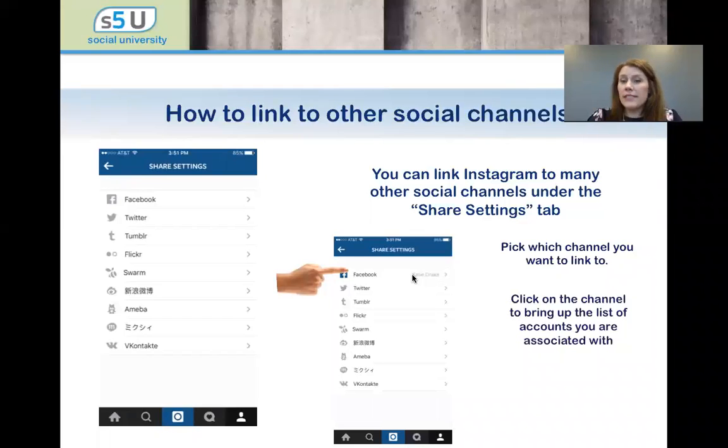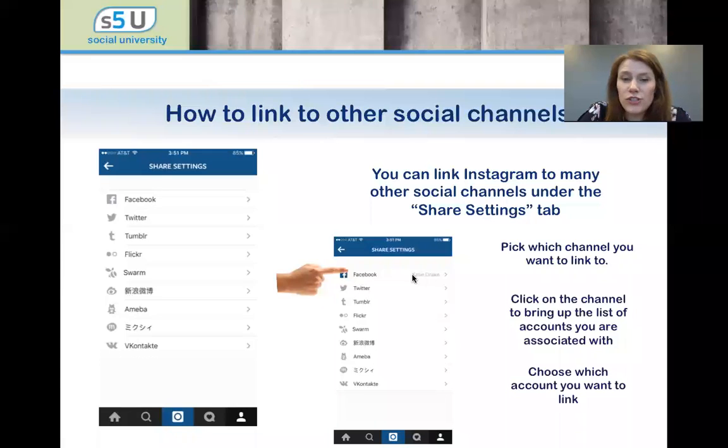So I could, if I had done this, the problem I ran into is that I already have an Instagram account created for Social 5 under my Social 5 email address, right? And I have another one under my personal email address. So I was kind of running out of fake email addresses to use for my Phony Company. So if I was doing this for Social 5, I would see that I have access to my personal page, but then also the Social 5 page. And that's how it will be for you. You can pick your business page there, and then it will link to that business page. All right, and then yeah, just choose which account you want.